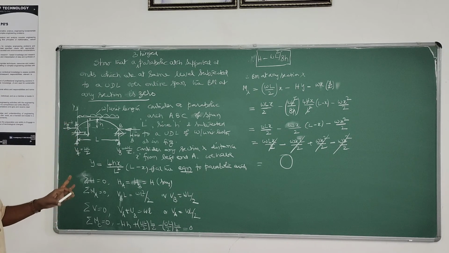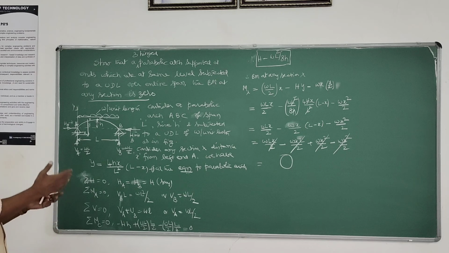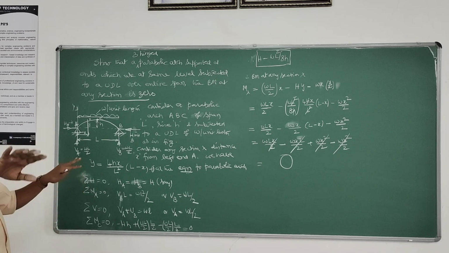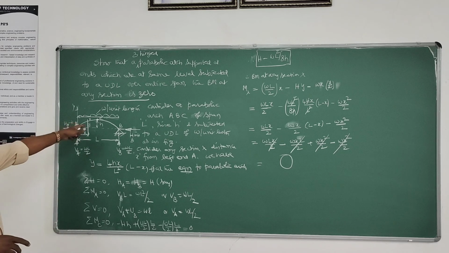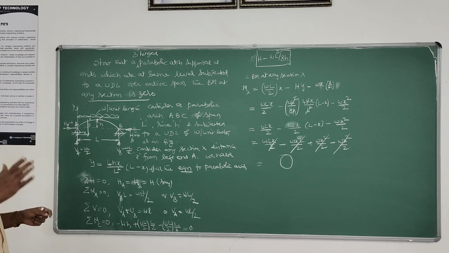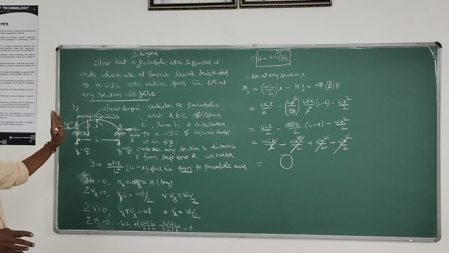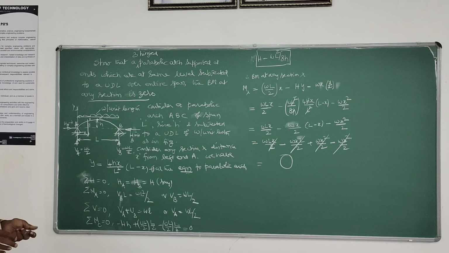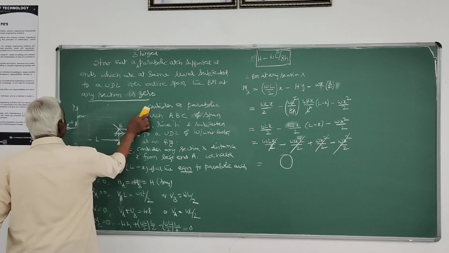This is a very important thing that you remember, because that will be used in cables also. Cables, when subjected to uniformly distributed load, act as a parabola, and when subjected to UDL there won't be any bending moment. Normally flexible cables are not subjected to any bending moment at any section. So this is one important thing to remember. Next we will take up one circular arch, the last one.